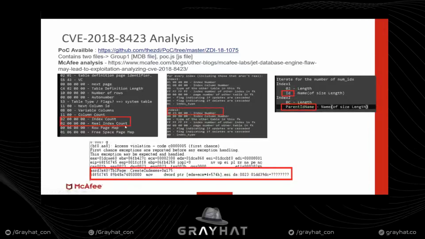Every MDB file can have a few indexes. In this case, the index count field will tell how many indexes there are in the file. When you parse this file further, you will notice that each index follows a specific structure, which is what you see over here. It starts with an index number, then an index column number, and then there are various fields. The field we are interested in is index 2 and the index number of that, which is